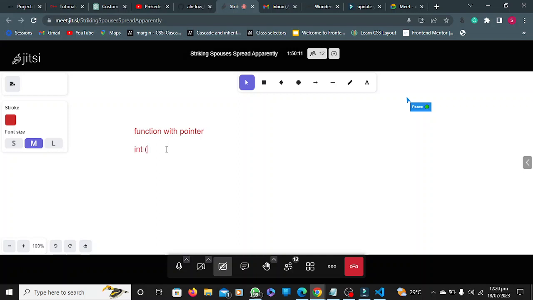Now let's say I have my add again: int add(int a, int b), and inside it I have return a plus b, right? Then inside my main function, int main,